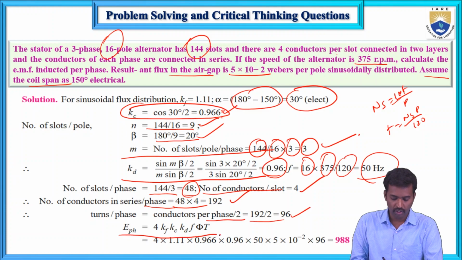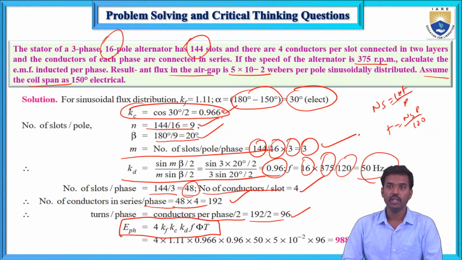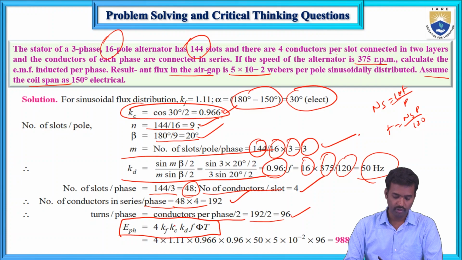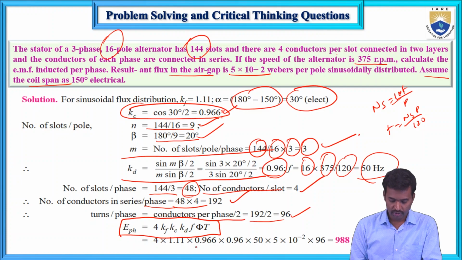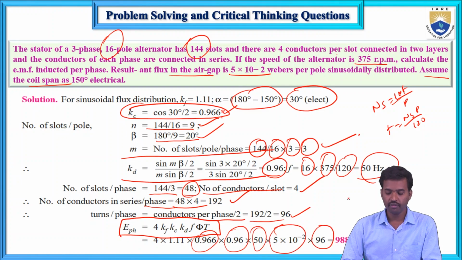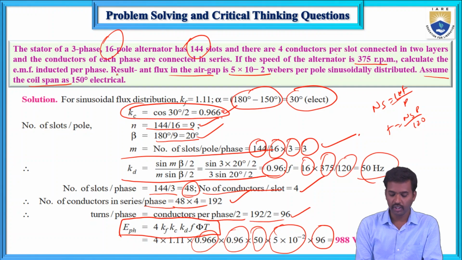So now we know this formula for the induced EMF. E phase equals 4 into Kf into Kc into Kd, the pitch factor, and next this is the frequency, this is the flux phi, and this is the number of turns T. So now here this is 1.11 into 0.966 into 0.96, the frequency, the flux, and the number of turns here. So the final value is